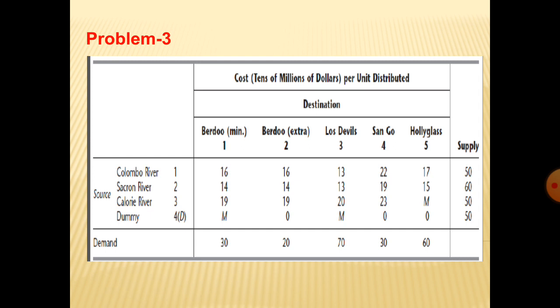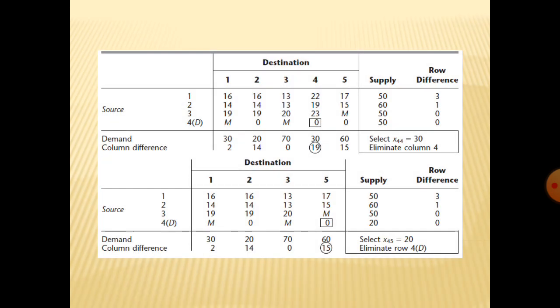Note that point: in this problem, one dummy row is available. Where zeros are available, you take them as 0. Where M is available, you leave that M as usual, and then you solve the problem. Okay. Now,